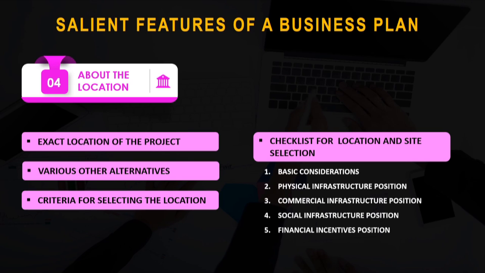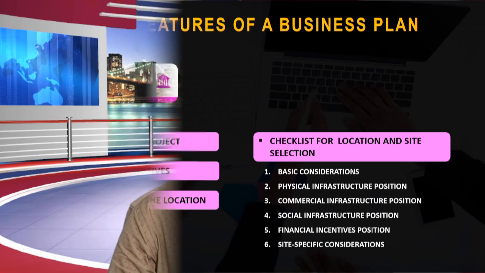Then the financial incentives position, like investment subsidies, in case you are getting subsidies at some place, income tax concessions maybe, and then the site specific considerations, like for example, the land price can vary from place to place. So, again you can justify a certain area because it is a little cheaper than the other areas, or the contours, sometimes your machinery is very heavy. So, you need to have a very hard, rocky terrain. So, you can justify that specific area based on the contouring also, because it all depends upon your machinery or